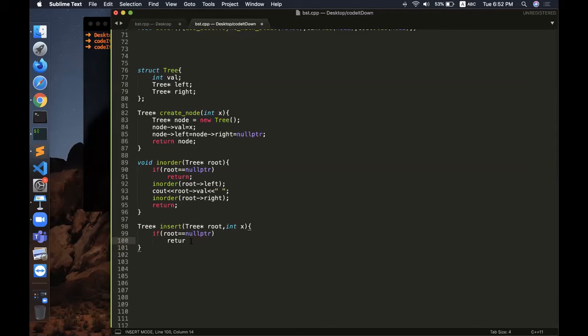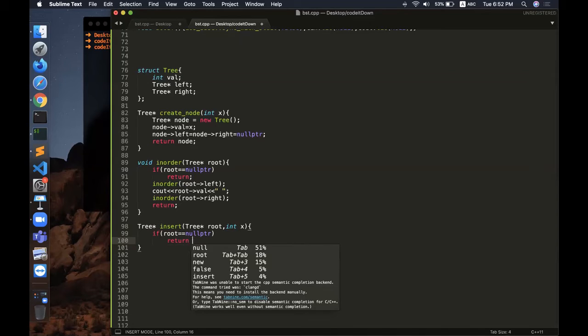Basically I'm just trying to find the proper place at which I can insert it, because I don't know the place. So that's why I have to recursively find the place where I can insert that value. If I reach a null pointer situation, where the root is null, then that is the position where I want to insert my node.